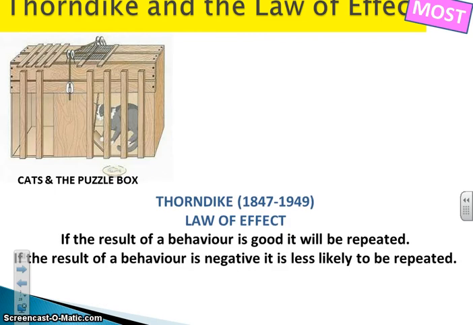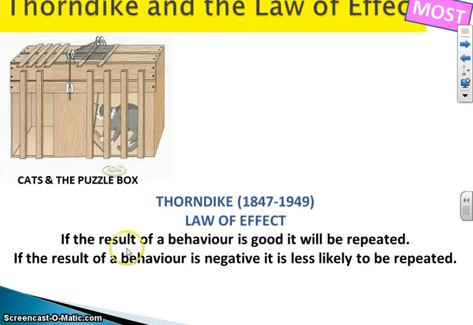So remember, Thorndike used to put cats in boxes, like in this picture. It would brush against this paddle, and when it did, the door would open. The cat learned through doing this lots and lots of times that brushing against the paddle would open the door, till eventually, as soon as you put it in the box, it would press down on the button to open the door. It had learned via reinforcement.